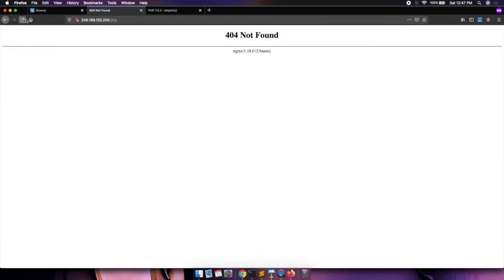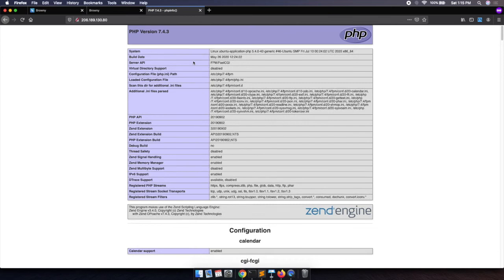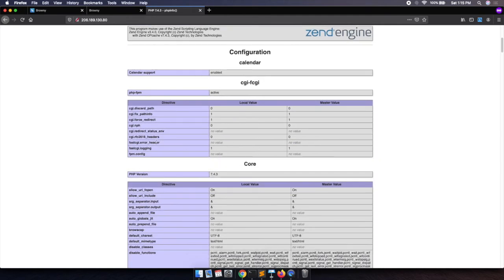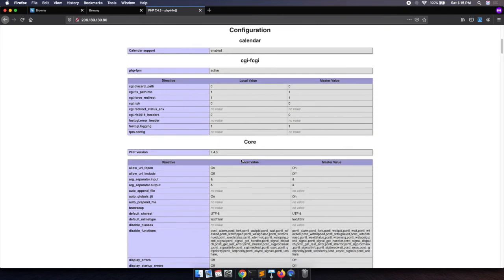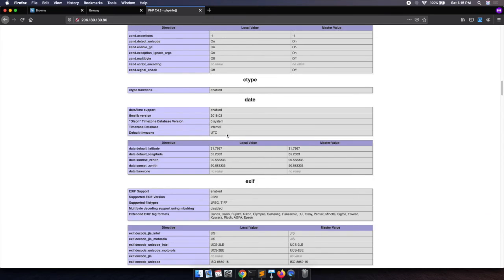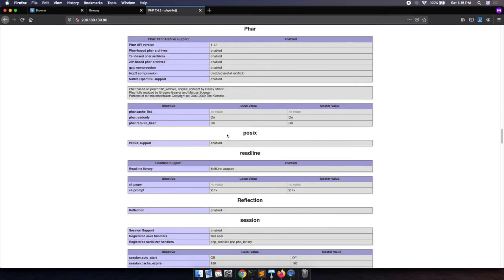Go to the browser again and refresh this. Over here you can see we are rendering the PHP page, right? Here we are getting the PHP info because of the function which we have defined. We are getting the machine information, the virtual directory support, and all the information which is required. You will also get the PHP FPM process and the PHP version which is installed, and the machine information as well. Here we get the complete information of this particular environment.